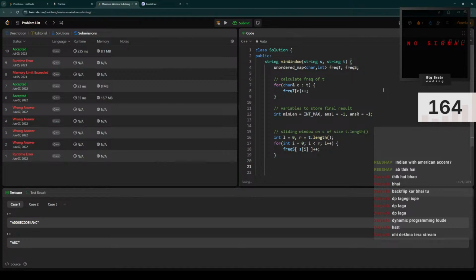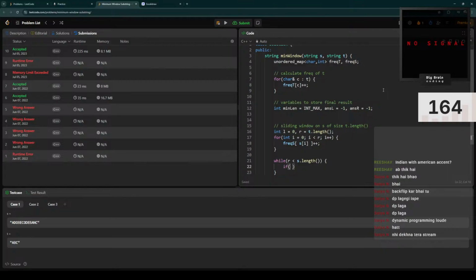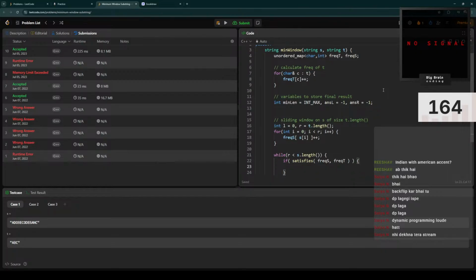Then simply while R is less than S dot length, if it satisfies, if frequency of S satisfies frequency of T, then